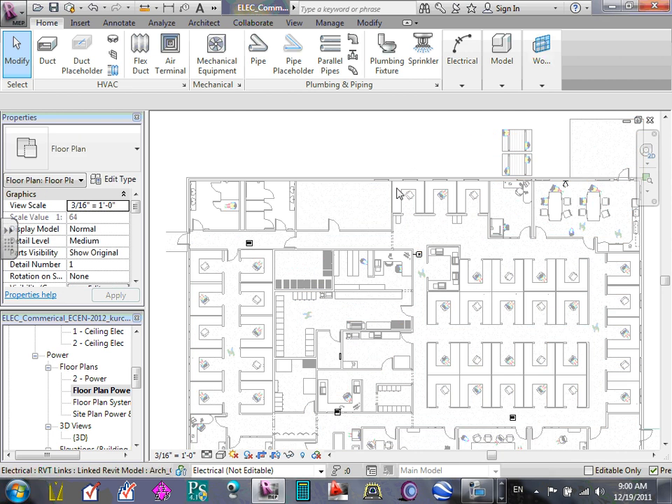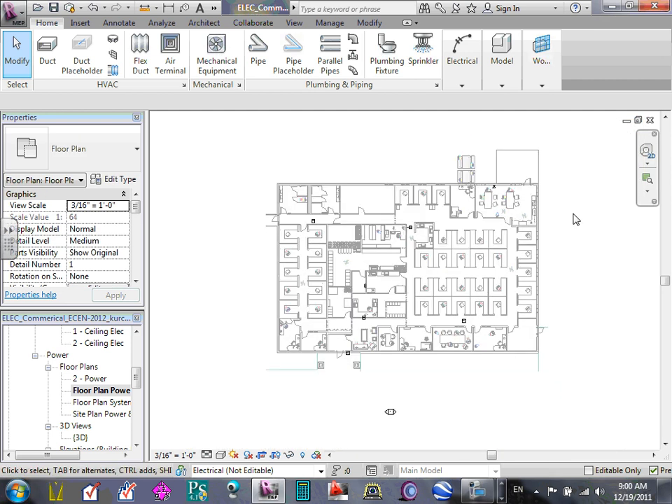Floor plan power. Everybody went to the floor plan power. Can you see where I am right here? I'm in the floor plan power. Everybody's there? Thumbs up. Good. Ashley. Okay. What I'm going to do, I want to go grab, because do you guys have the rooms identified